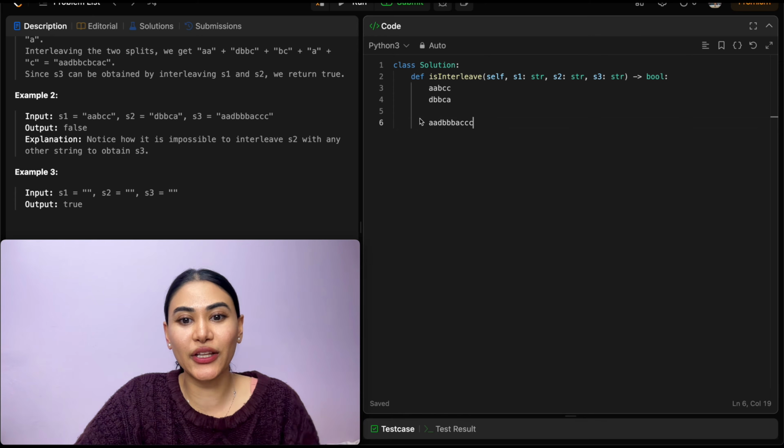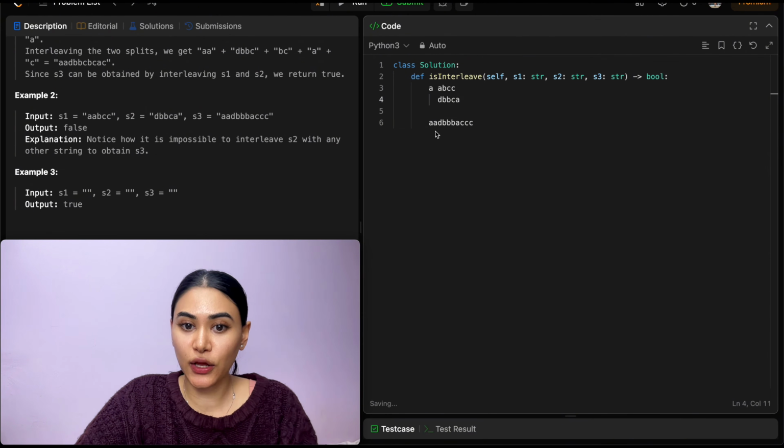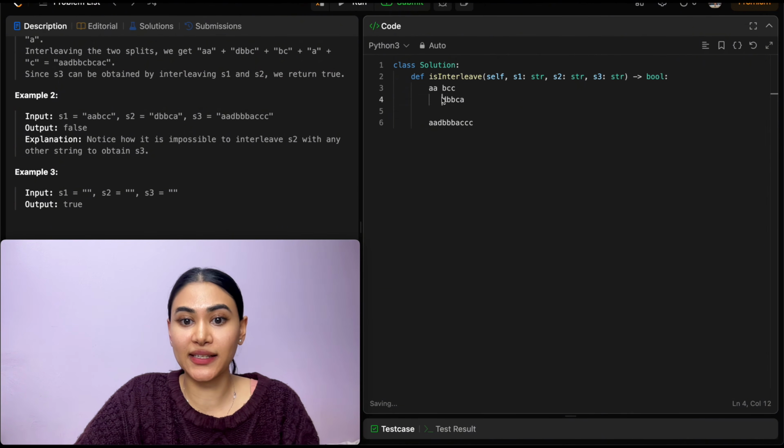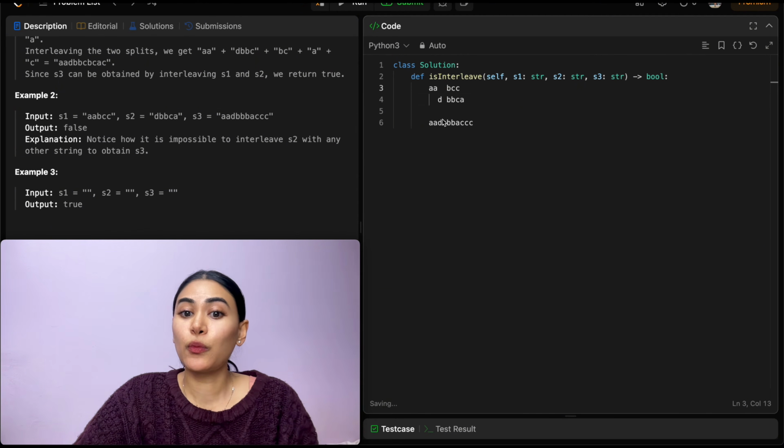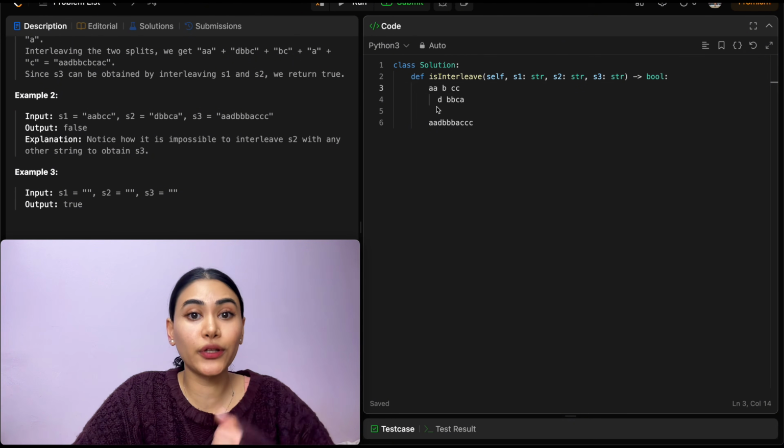Well, to visualize this a little bit better, say we have them over here, S1, S2, and S3. We know that very first character is an A, so say we take it from S1. Then we need another A, so we're going to take this one from S1 again. Then we want a D, so we can take this D over here. Then we want 3 B's. So say we take the first B from S1,